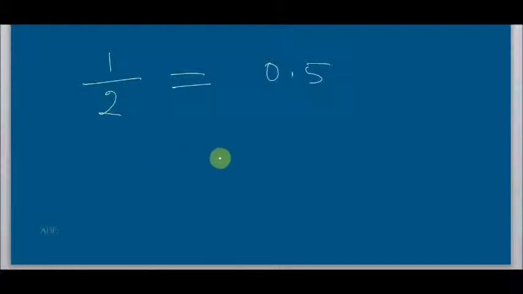What will you do? 1 upon 2 means 1 divided by 2. Okay, it will not go. You know that the dividend must be bigger than the divisor. It is not here. This is the problem. And the solution to this problem is the decimal. You have to put a decimal here. After putting the decimal you can put a number of 0s with the dividend. Now you can simply divide it. 2 fives are 10. Oh, you got it. You got 0.5. Okay, isn't it easy?